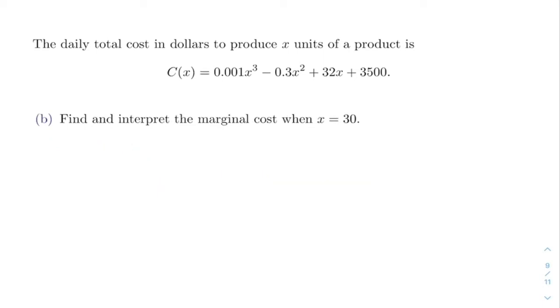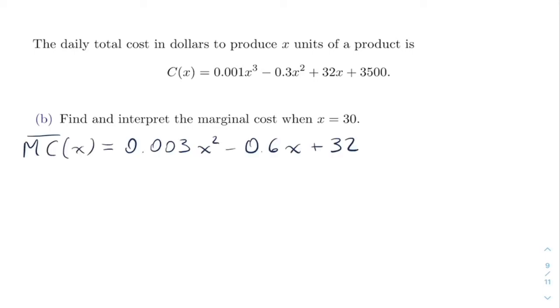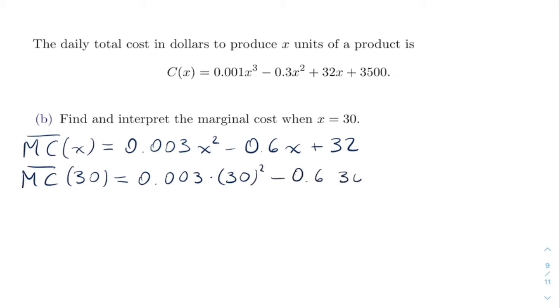So now let's find what is the marginal cost when X is equal to 30. So the marginal cost was found in the previous part of the problem and was this function. So we now need to find what is the marginal cost when X is equal to 30. So in this case, we will just find the function times 30 squared plus 32. And this is equal to